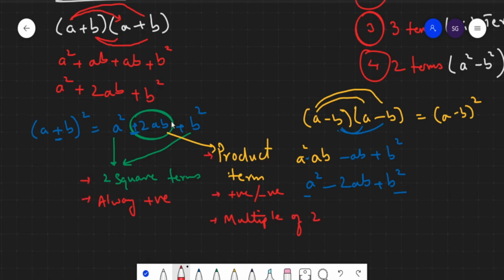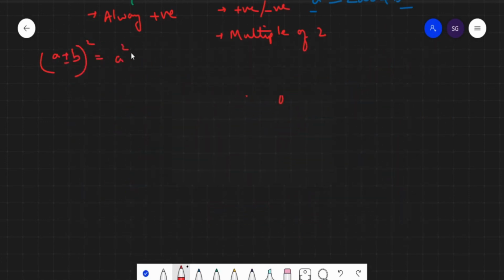These are the observations about the product term and the square terms. The square terms are always positive. The product term can be positive or negative, and it is always written as a multiple of 2, and a and b are the product of these 2 numbers here. So just keep that in mind, and we'll do our first example based on that. I'm writing this result here, a squared plus minus 2ab plus b squared, just to show you that if there's a negative in here, you will get the negative in the product term, otherwise the square terms remain the same. So our first example for that is